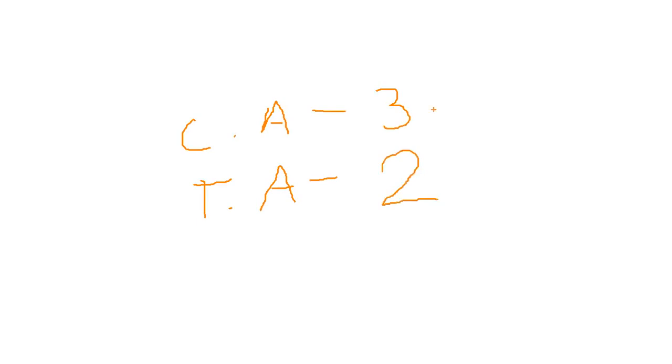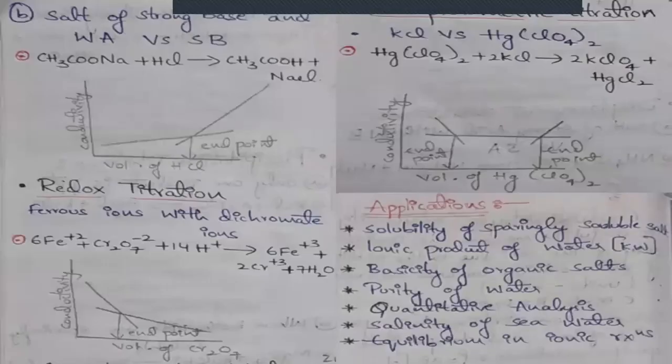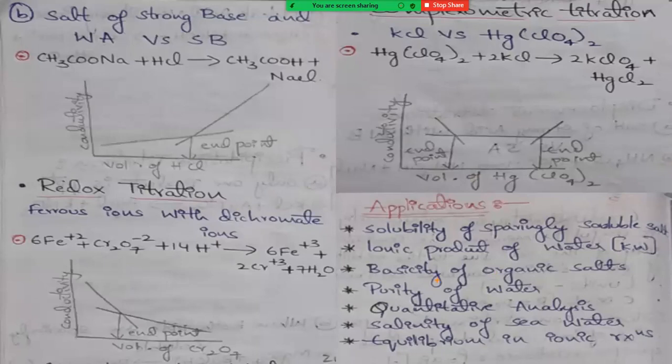So the basicity values depend completely upon the number of carboxylic functional groups present in the compound. If the compound has more carboxylic groups, we get more basicity. If it has fewer carboxylic groups, we get less basicity. But if you take an unknown compound, we don't know the name or the structure of the compound. So how can we calculate the basicity of an unknown compound?